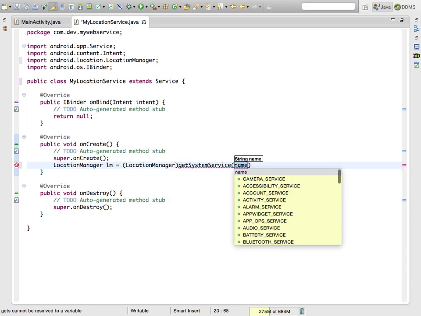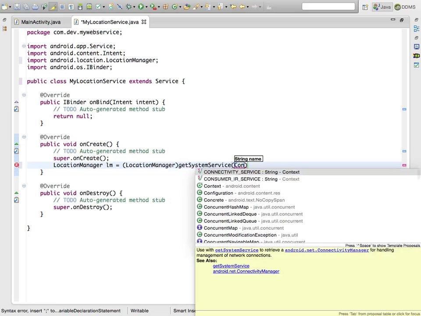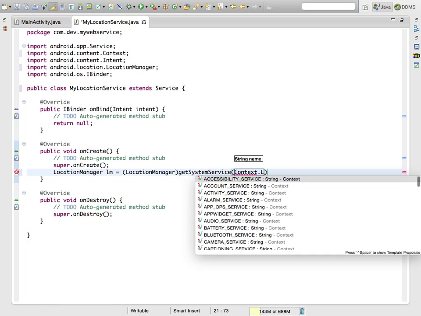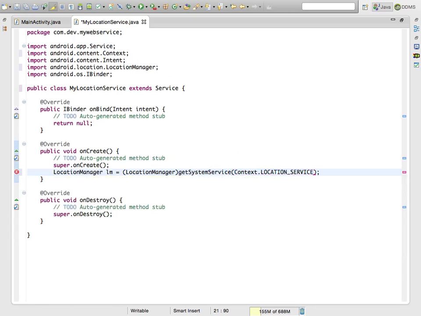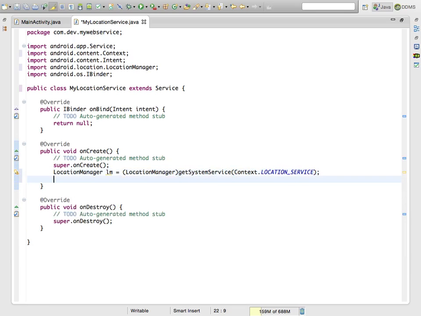Get system service context location service. So get access to a default location service using the same line. So location manager instance is ready. Now I need a location listener. This time instead of interface, I'd like to create